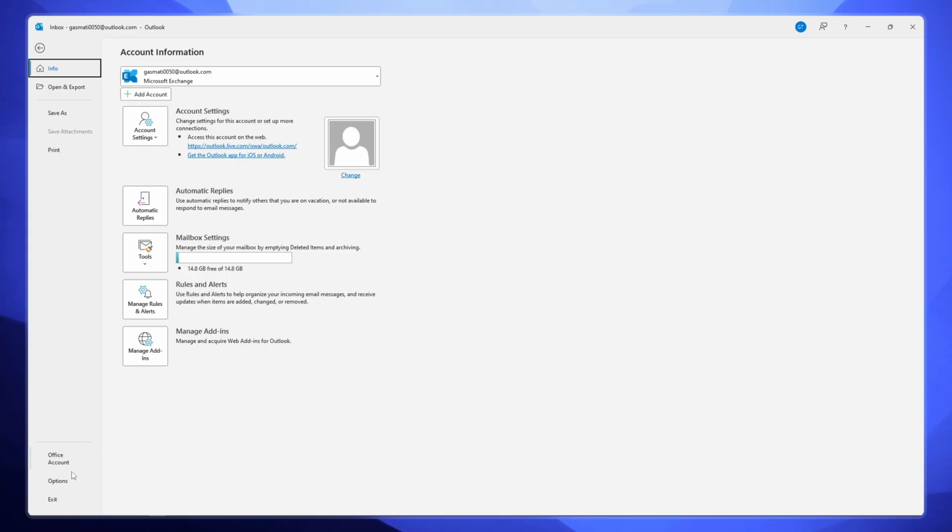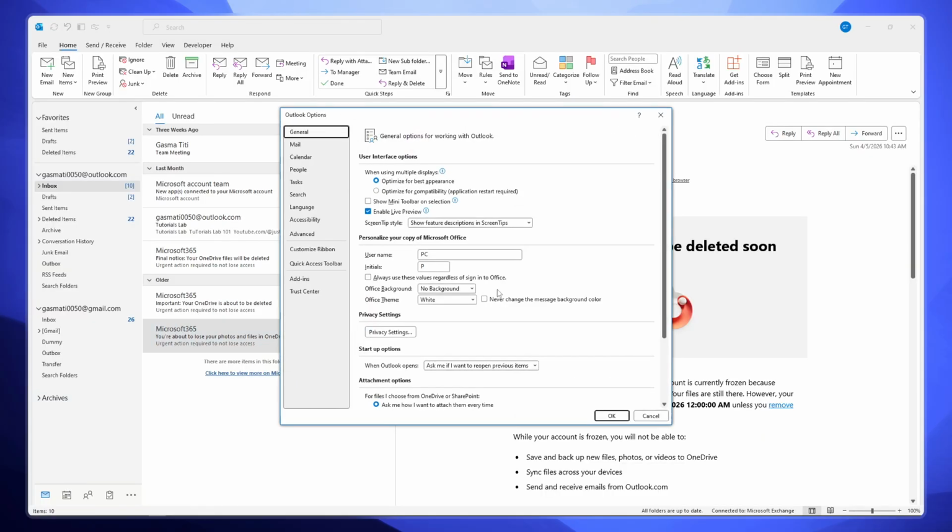You'll see an option labeled Outlook Options. Go ahead and click on it to open the Outlook Options window. This is the central hub for customizing how Outlook works and looks, so it's where we'll find the settings for the Quick Access toolbar. After the Outlook Options window appears, look at the left side of the window where you'll